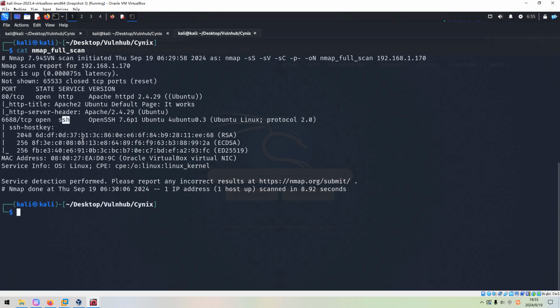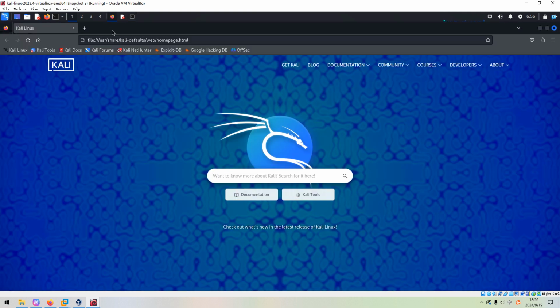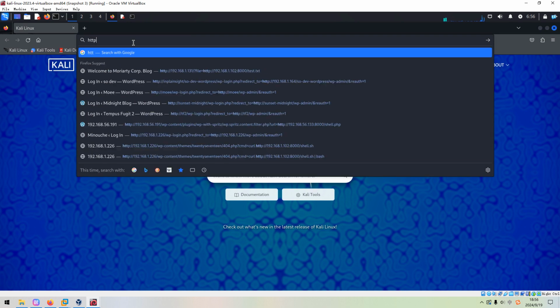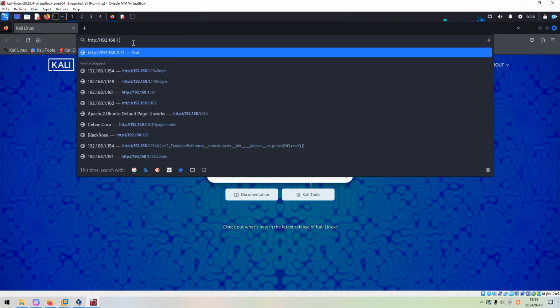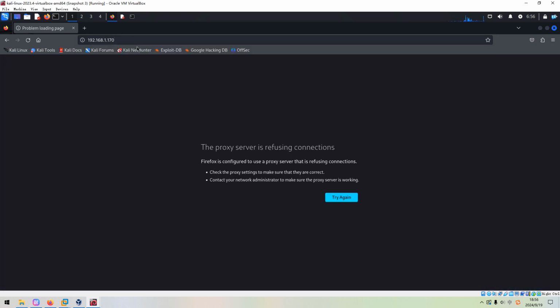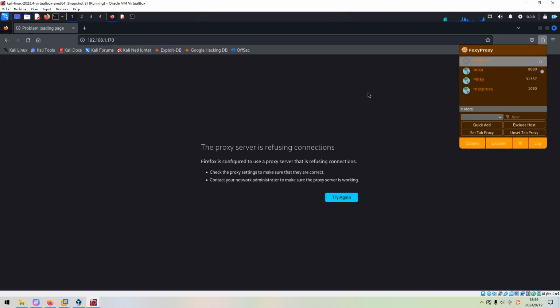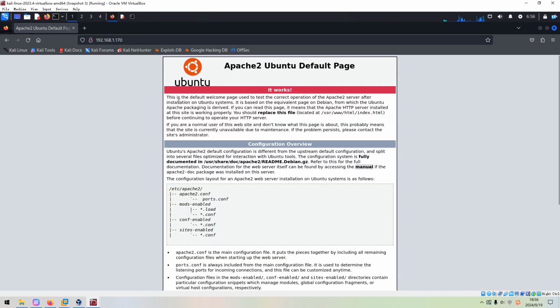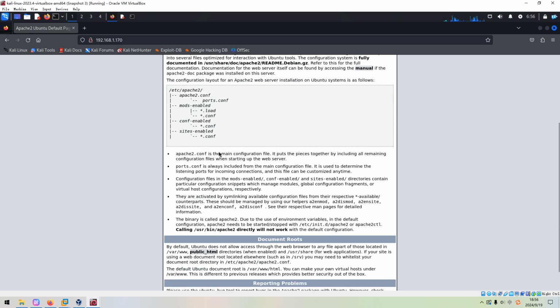Okay, so what do we have to do next? We need to do the enumeration for the web application which is running on port number 80, both manually and automatically. Let's launch our browser to do the manual enumeration. We can put the IP address of the target into the address bar of the browser. Press enter. We got this default Apache 2 page, and we can walk through this page, but nothing interesting we can get.